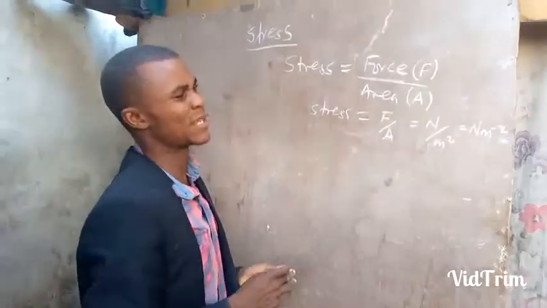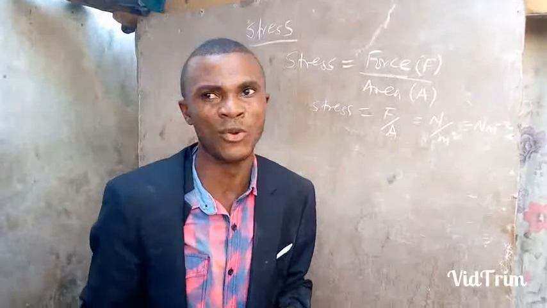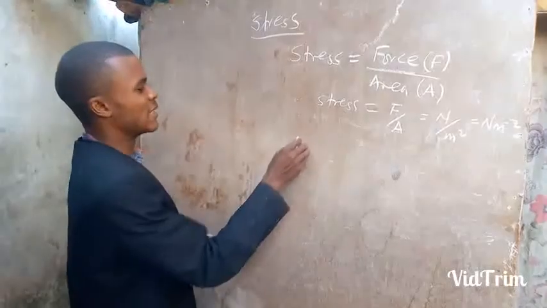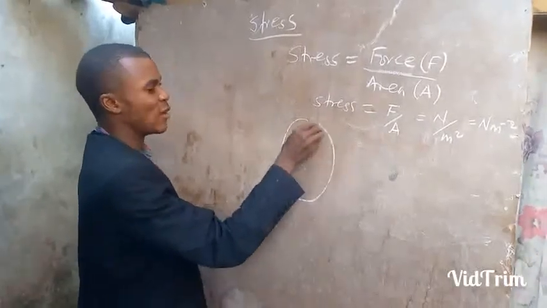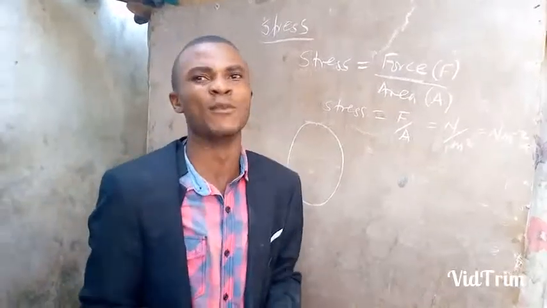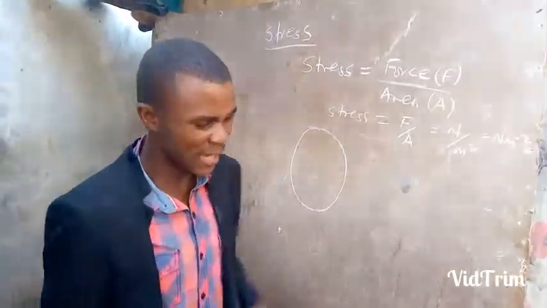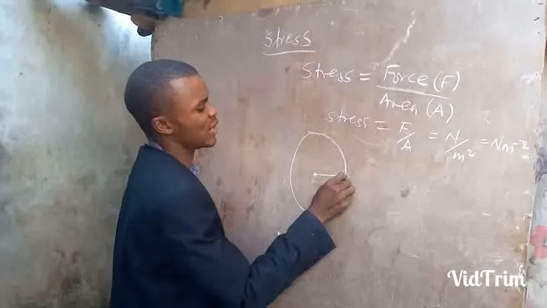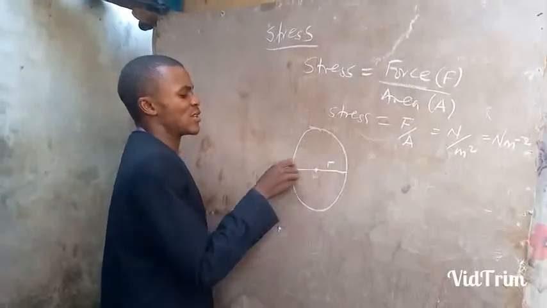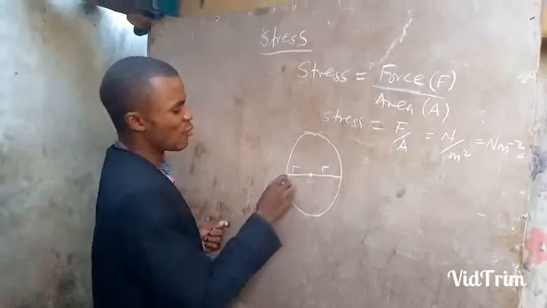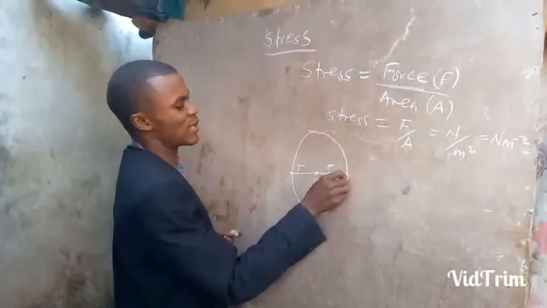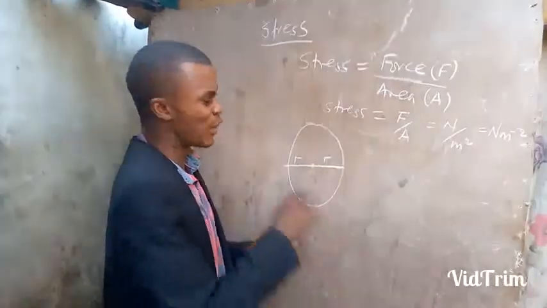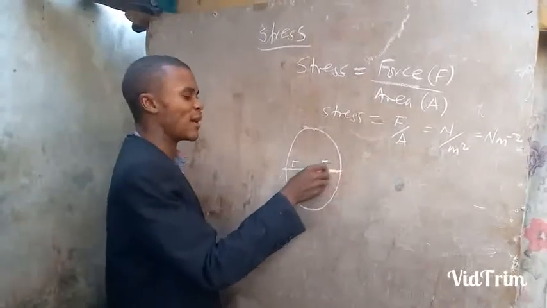Now the material, whatever material you want to discuss here, assume it to be a circle. So if the material is circular, you consider the analysis of a circle. That means even when you are looking at a cable or wire, you look at it in the form of a circle, and you consider the center of the circle. Any line drawn from the center to touch the circle is known as radius. If I move again from the center to touch the circle, that is also a radius. But if I go from one point on the circumference to the other circumference, passing through the center, that is known as diameter. A diameter is a line that connects two points on the circumference, but it passes through the center.